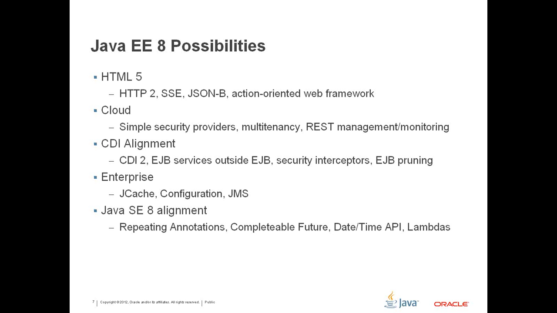We always want to be aligned with the corresponding Java SE version. A lot of that, as I said, you kind of get for free because you can already use a lot of the Java SE features with Java EE 7. However, there's some specific things like repeating annotations, computable features, perhaps adapting some of the Java APIs to the new datetime API, seeing if we can make better use of lambdas and the like. That we'll also take a look at for Java